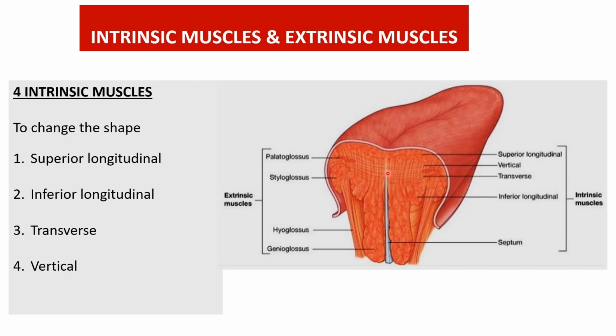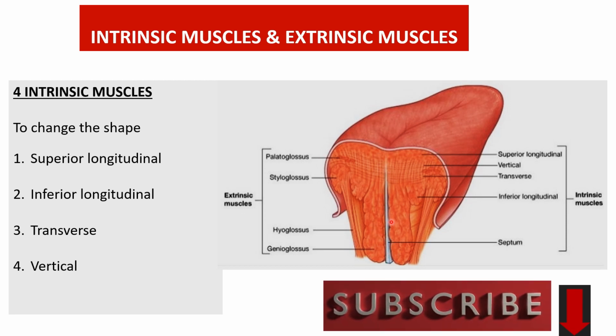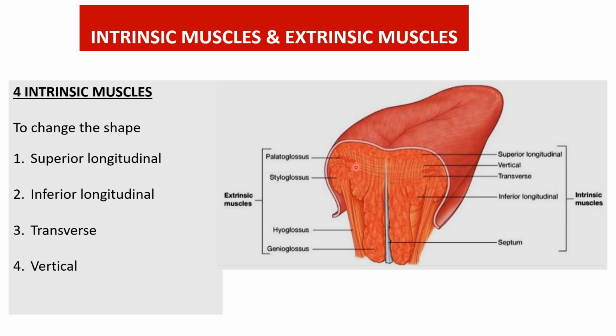Before going to the details of these muscles, I will introduce you to a structure called the median fibrous septum. This median fibrous septum will divide the tongue into right and left halves. Each half consists of 4 intrinsic and 4 extrinsic muscles. The intrinsic muscles are the superior longitudinal muscle, inferior longitudinal muscle, vertical muscle and transverse muscles. Remember, superior longitudinal muscles are directed antero-posteriorly, and are located towards the dorsal surface just beneath the mucous membrane. And inferior longitudinal muscles are also directed antero-posteriorly, but are located more towards the lower aspect of the tongue.